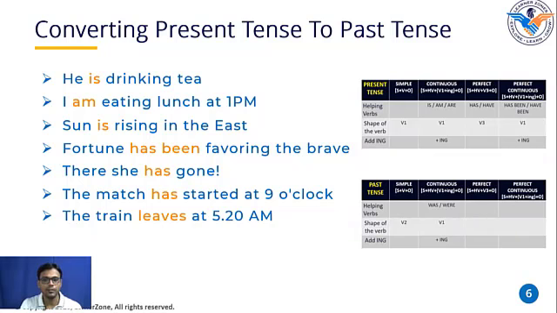Awesome, Shahan. Very good. Okay. Convert the same sentence to past continuous tense now. The train was leaving at 5:20 a.m. Awesome, Shahan. Very good. You have just replaced this. You have added was as a helping verb here and added ing to the first shape leave. Okay. That's it. Is it clear to everybody?